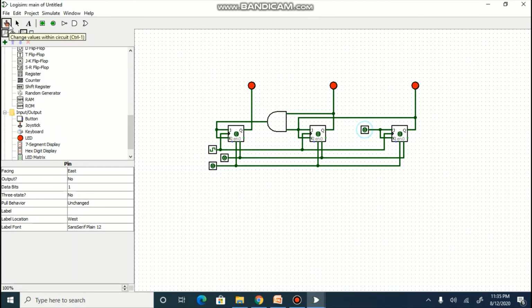For my simulation, I need to change my value of enable as well as J and K. So now again you can observe the counter has started from 0, 0, 0. It is counting in upward direction. It has reached up to 111 and then rolls over. If I stop the simulation by stopping the clock, then my simulation will be stopped.